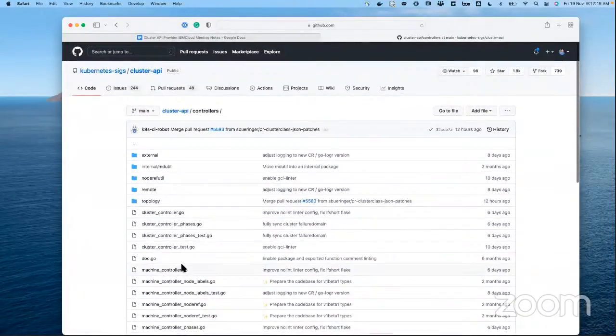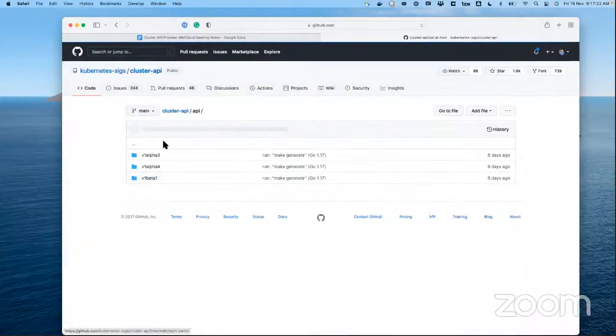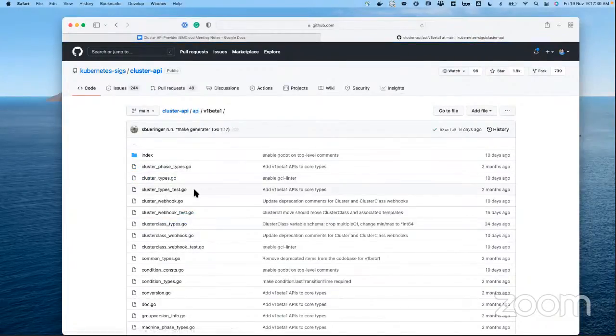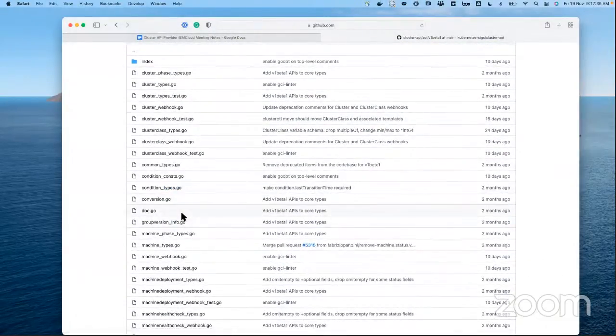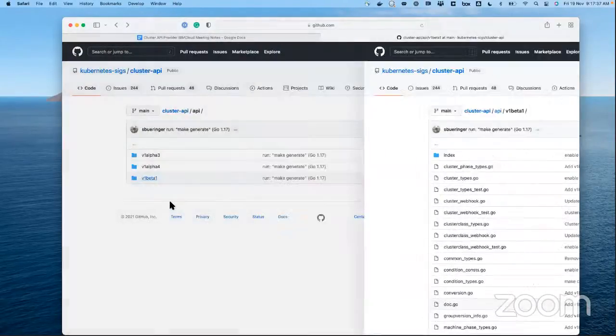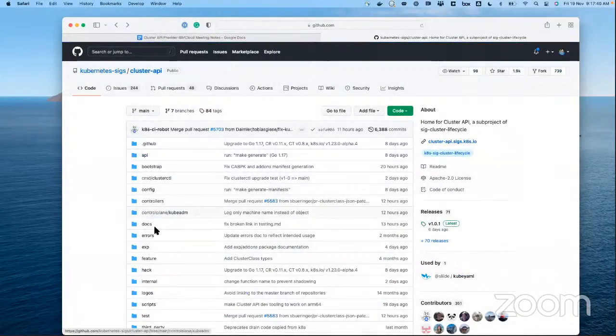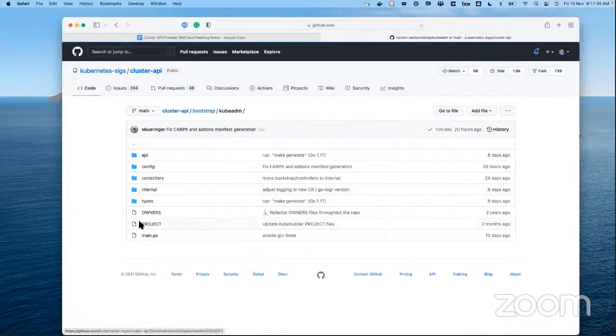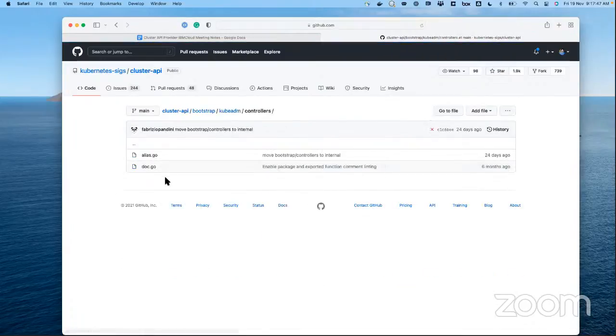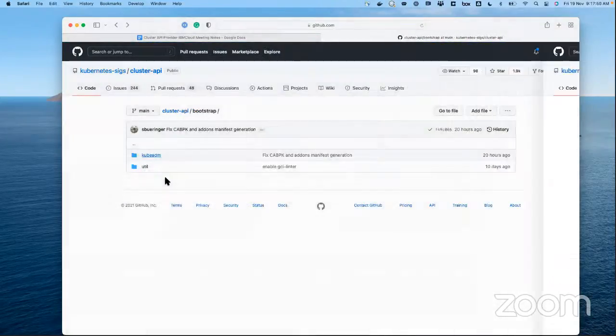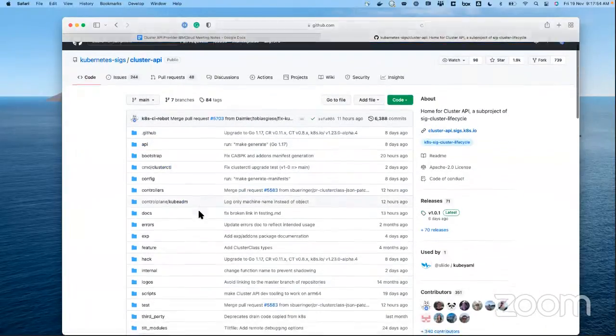There are a bunch of APIs here, so you can look at the APIs. We can look at them sometime later. It has a bunch of APIs in different versions, and the latest version is v1beta1. So there are a bunch of custom resources or APIs, and also the controllers for handling those things, right? That's how it is. And then we also have bootstrap, which is kubeadm. You can see some of those kubeadm controllers written here, mainly for how your kubeadm configurations get generated. That's all written here.